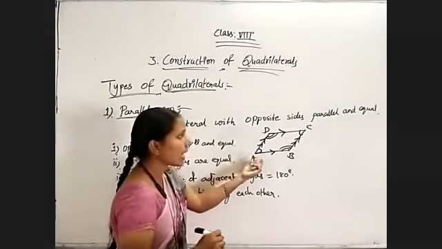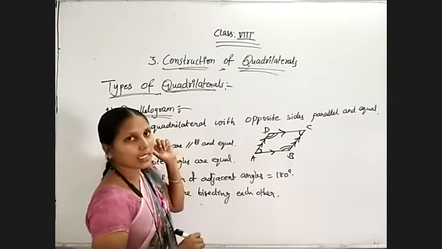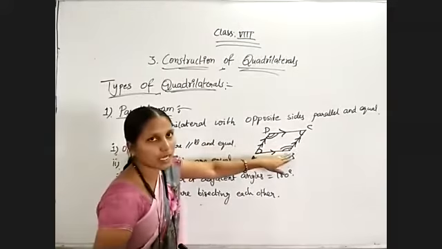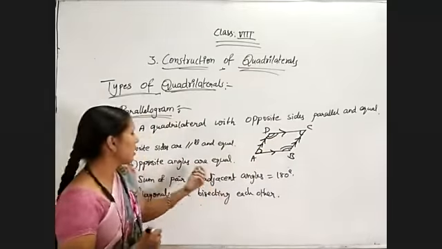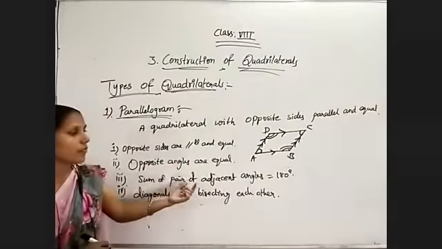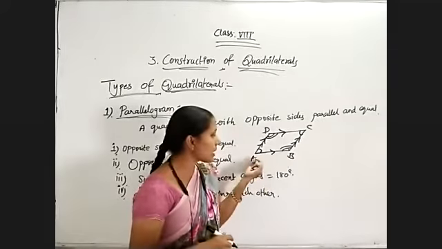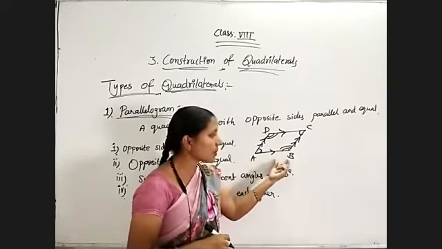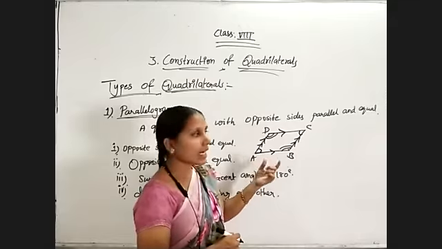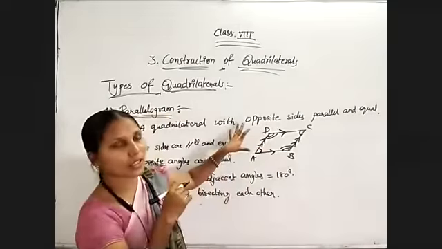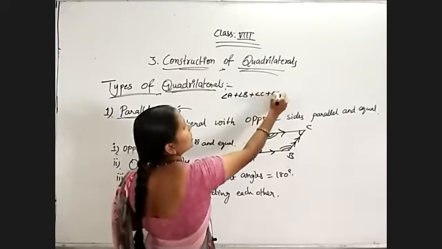See, observe, angle A and angle C are acute angles. Angle D and angle B are obtuse angles, because we are getting more than 90 degrees for angle B and angle D, whereas angle A and angle C are less than 90 degrees. And coming to the third, the sum of a pair of adjacent angles is equal to 180 degrees. Pair means 2 adjacent angles. Let us take A and B. Angle A plus angle B is always equal to 180 degrees. They are supplementary angles. And listen, we have the angle sum property of the quadrilateral: the sum of the 4 angles of a quadrilateral is always equal to 360 degrees.